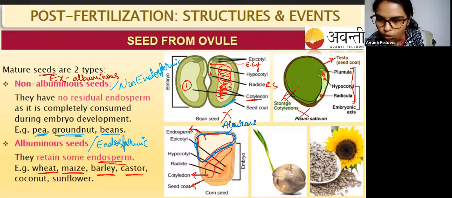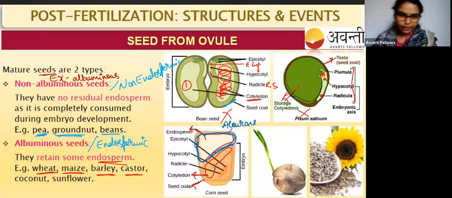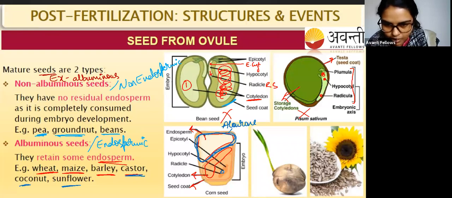Can we consider all oily seeds to be albuminous? No, Niket. You cannot call all oily seeds albuminous. So you cannot say it like that. But most of the monocots do have endosperm. But see, for castor and coconut and sunflower you can say so, but don't write it like that. Now look here, this is your embryonal axis. So this is our embryonal axis.